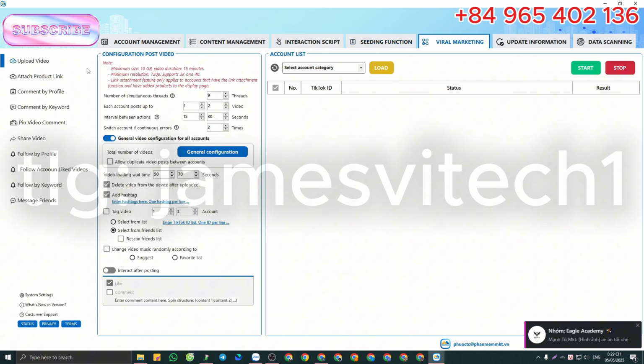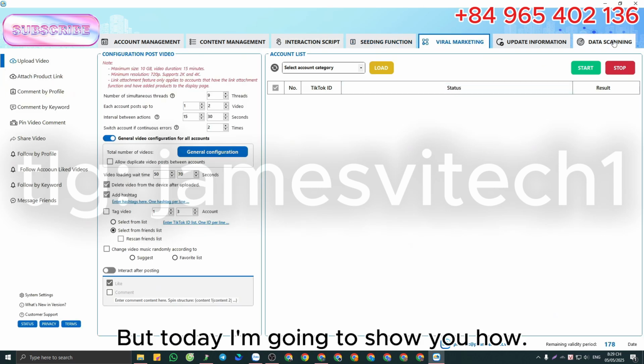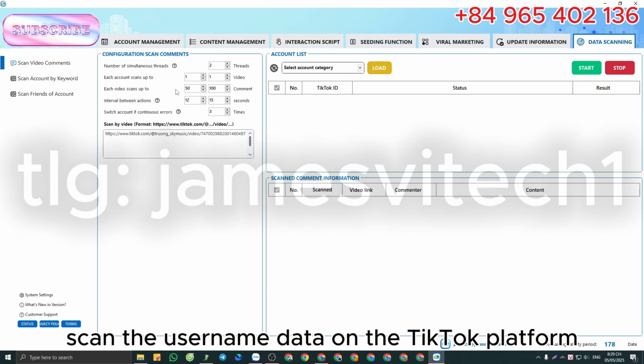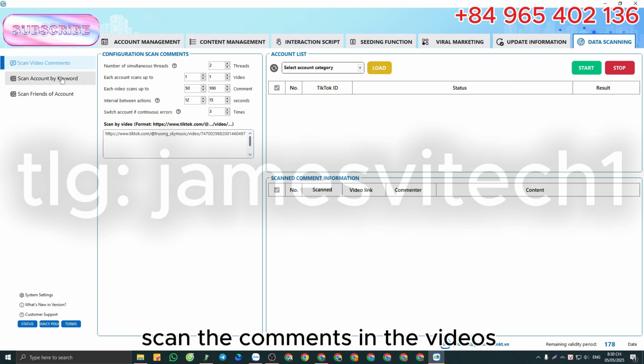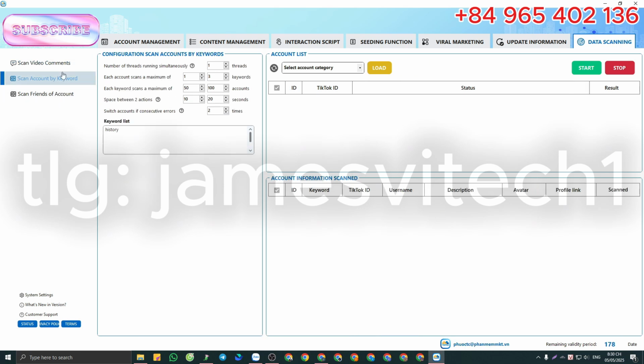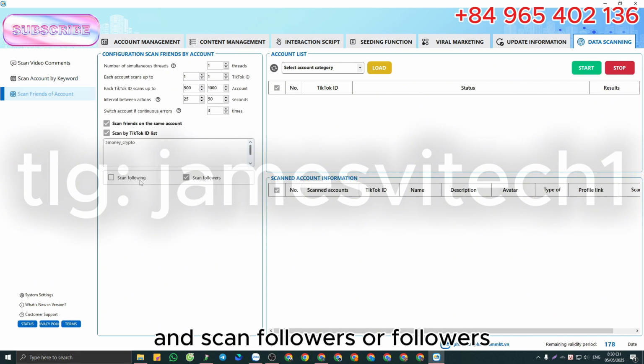There are a lot of features, but today I'm going to show you how to scan the username data on the TikTok platform, and the software will help us scan the comments in the videos, scan accounts by keyword, and scan followers. I will first guide you to scan